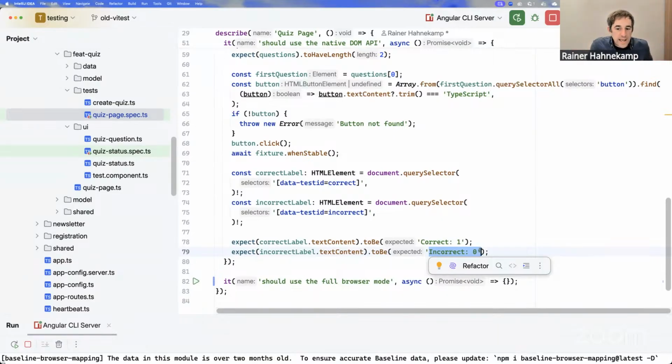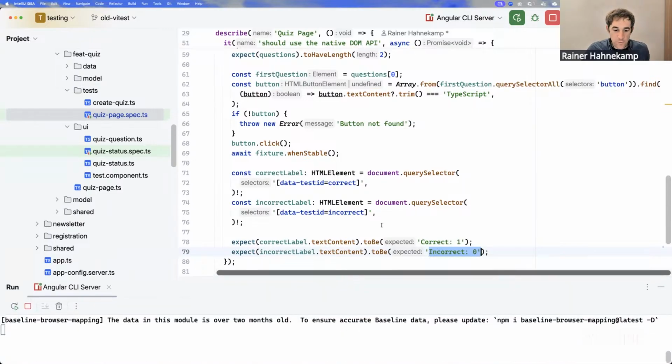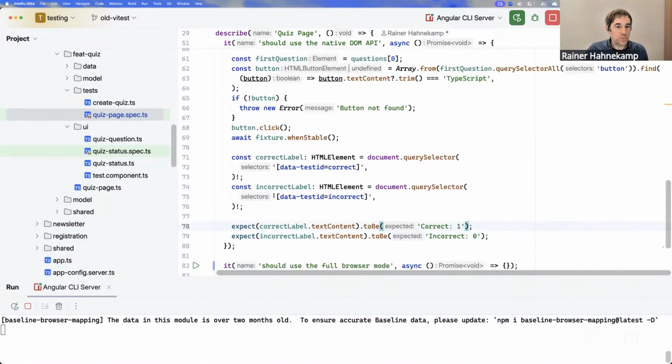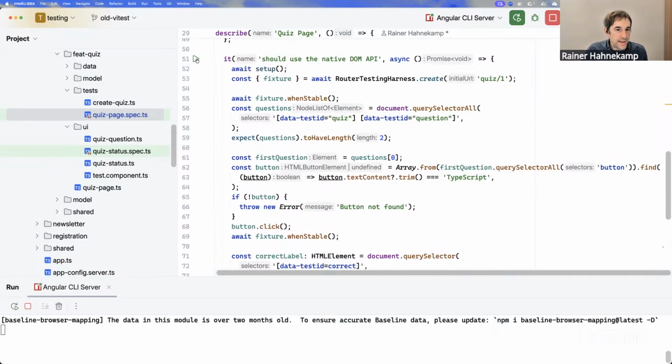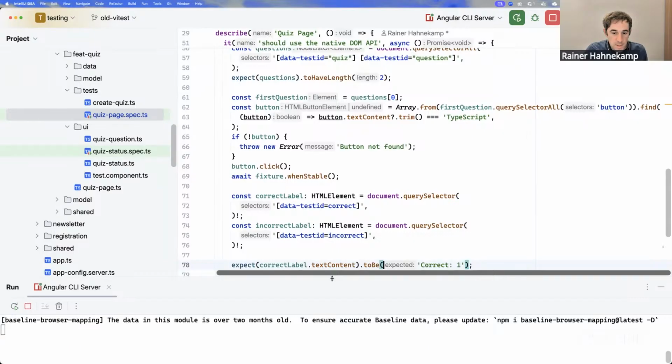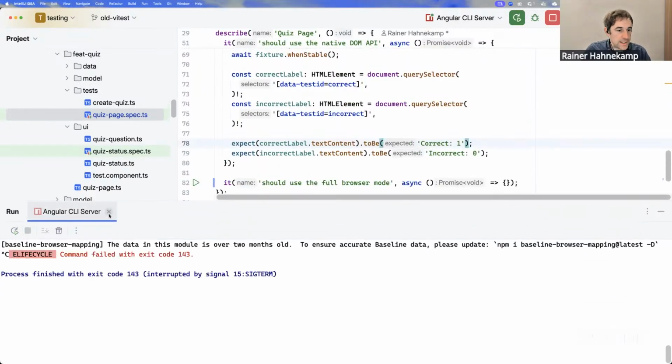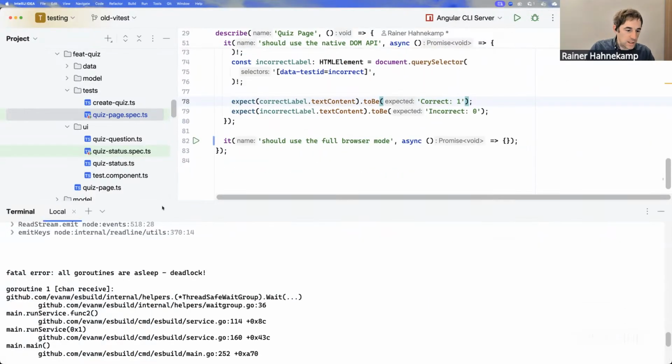And this test runs. This test is also successful. For some reason, it won't be that easy with Vitest just to trigger it via your IDE. We will come to that later. But what I can do is go into my terminal and say here